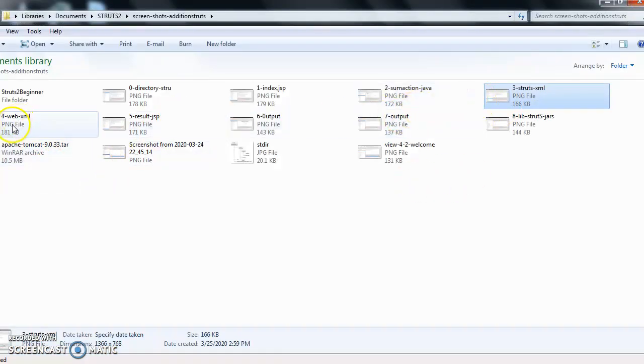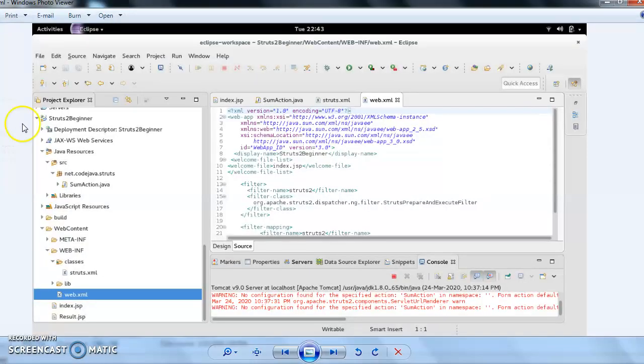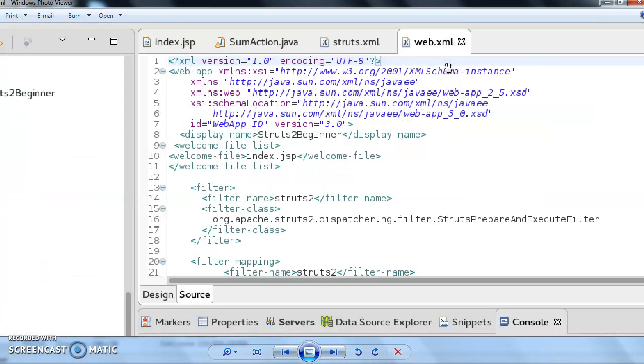Then the next is the web.xml file. You need to make an entry of your controller here in web.xml. So this web.xml file has an entry of a controller. As all of us know, Struts uses filters to define the controller class. So the filter class defined by Struts is org.apache.struts2.dispatcher.ng.filter.StrutsPrepareAndExecuteFilter.